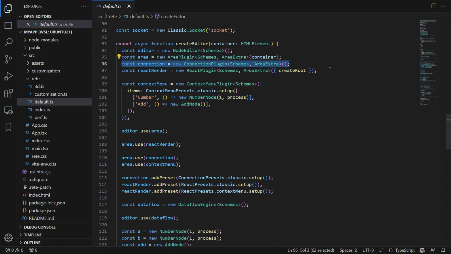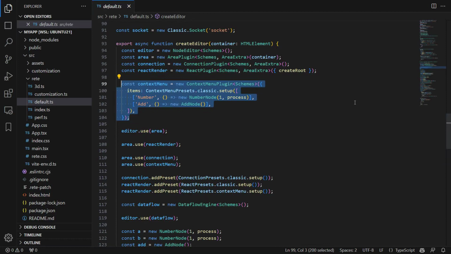If your editor is read-only, this plugin is not required. Moving on, we have the React Integration plugin. It is responsible for rendering nodes, connections, and other built-in components of the framework. Instead of this plugin, you can use any other plugin for your appropriate stack. In addition, we have a Context Menu plugin, which is only needed to add and remove nodes using the mouse.